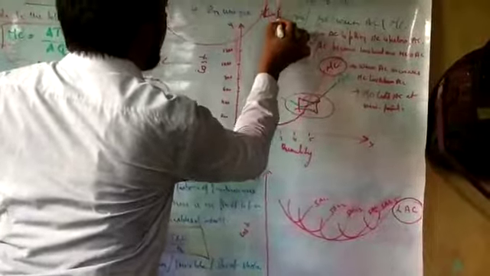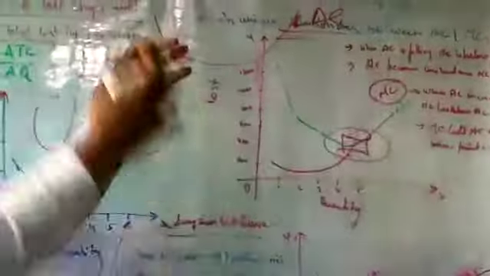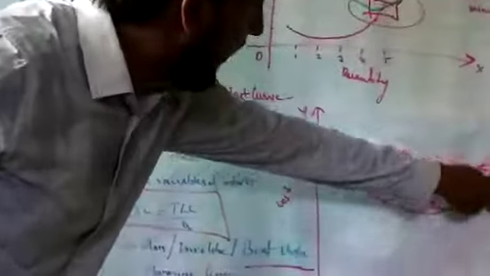Okay? Now we have drawn this one, with quantity as X and cost as Y. See the big one, we have drawn like a ship. We have drawn this as a long run curve, LAC. A big one, so it's like a boot. That's the name, boot shape. See, it's a big one.